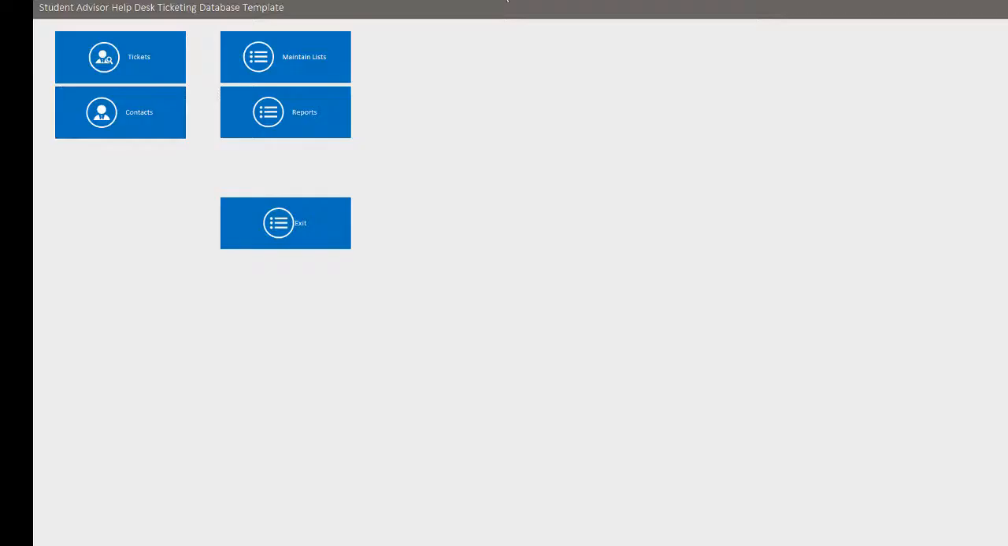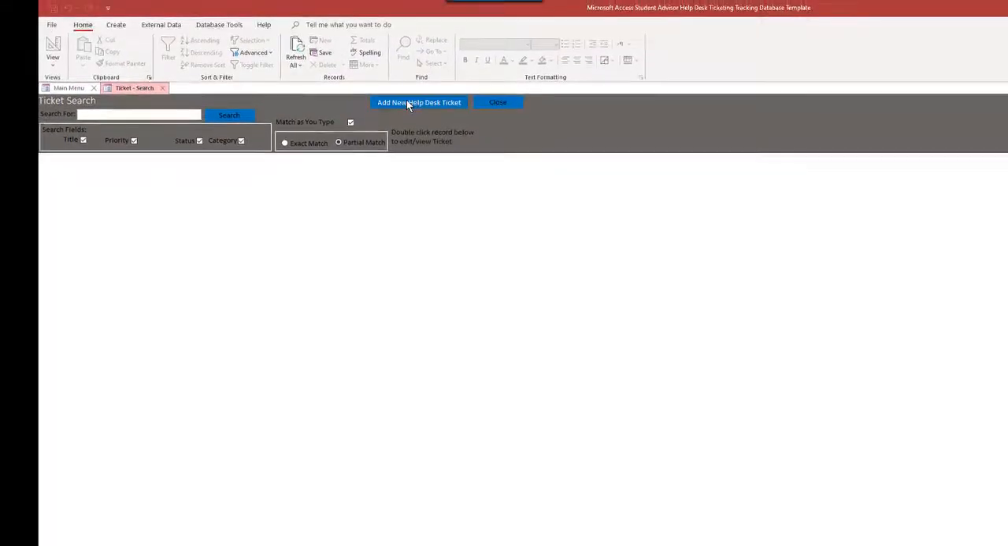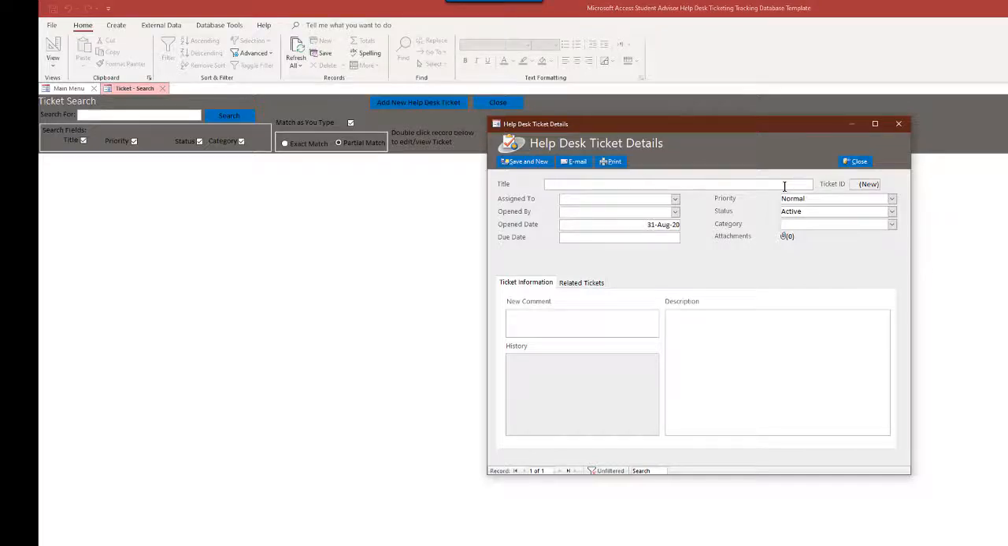Now we want to add a ticket. I don't think we have any here, so we're going to add a new help desk ticket. All right, we're going to assign this to one of our people here. Let's assign it to Mr. Brown. Open by, we'll put this person, priority normal, status in progress, I guess. Category, registration,